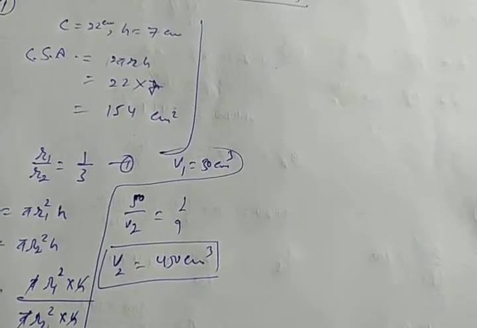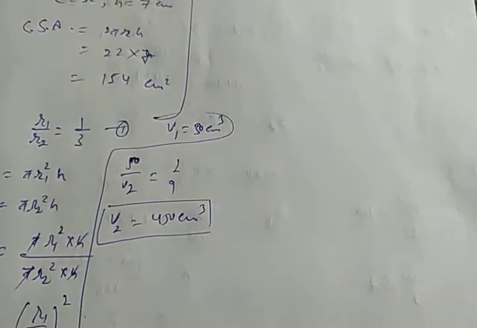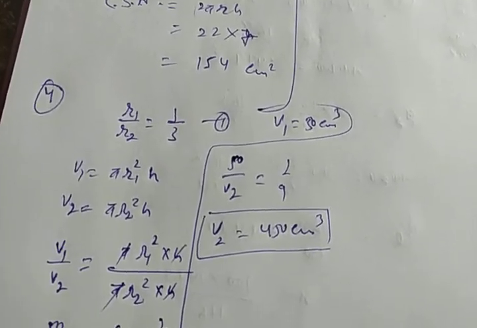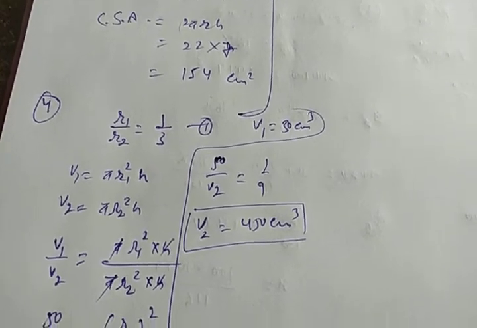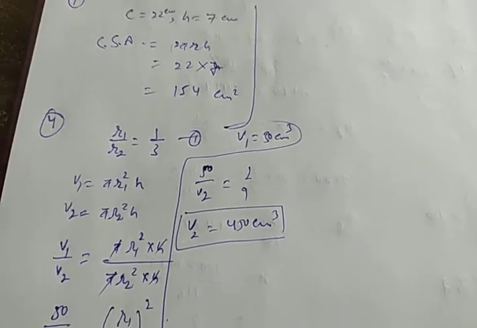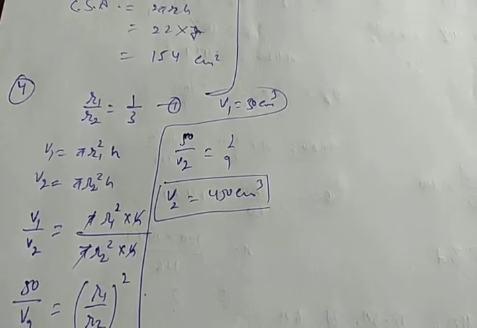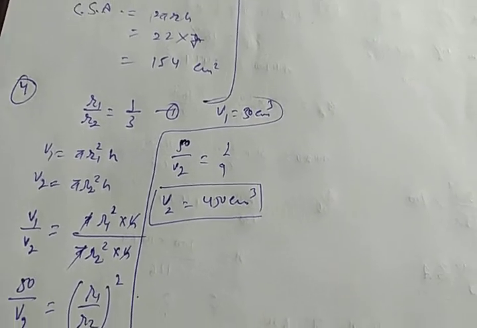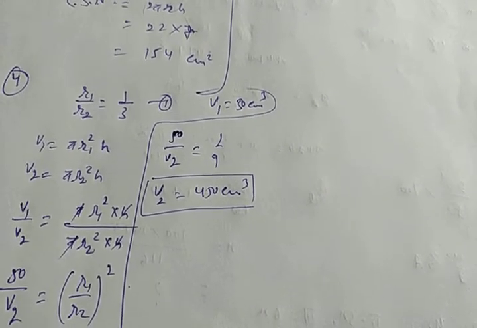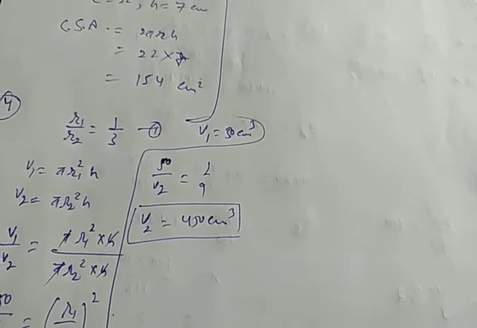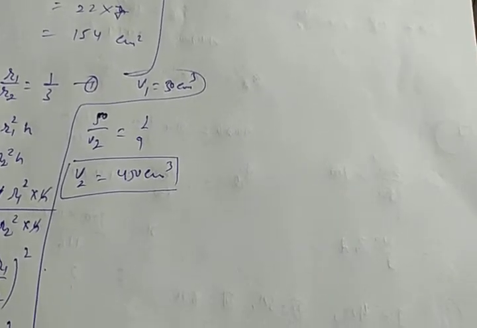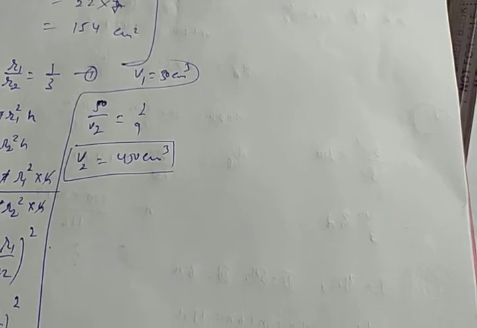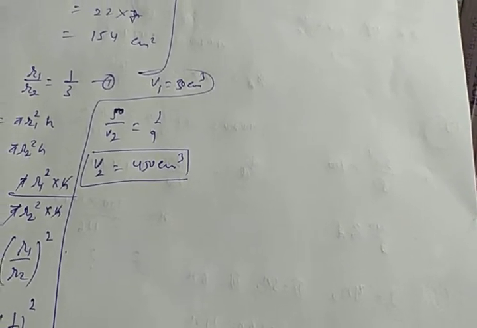You can solve questions regarding ratio this way. When a ratio has been given, you can solve on the same basis, or you can take the cylinder ratio, like height or radius, whatever is given, as 1x and 3x. In that manner it can also be solved. I think up to question number 9 and 10, ratios have been given. Now some different questions are coming from question number 12.